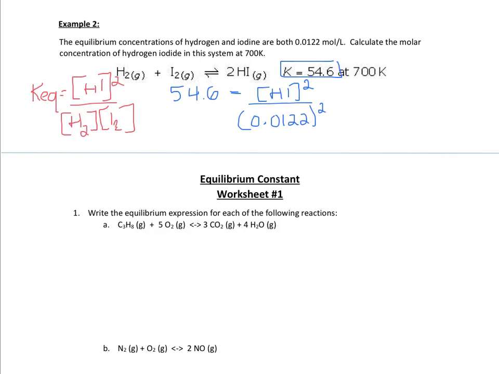You can write that as 0.0122 times 0.0122 or as 0.0122 squared. To get HI by itself, we must now cross multiply. HI squared is therefore equal to 54.6 times 0.0122 squared, which comes out to be